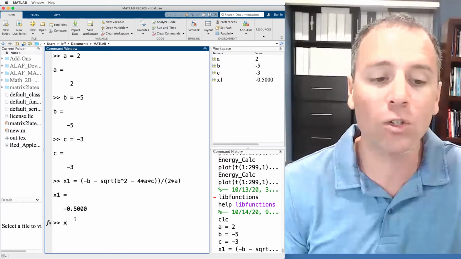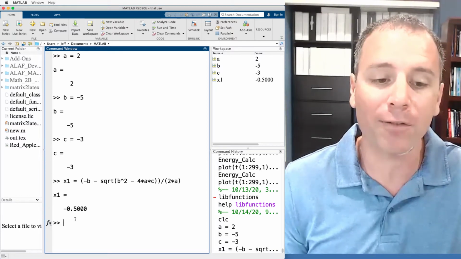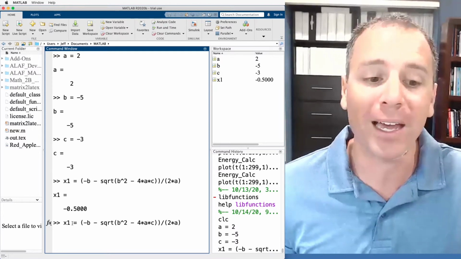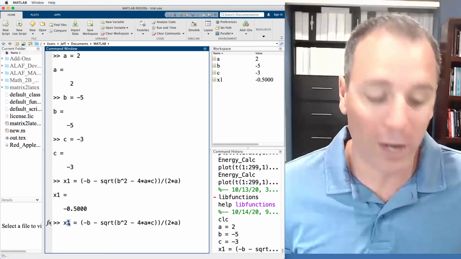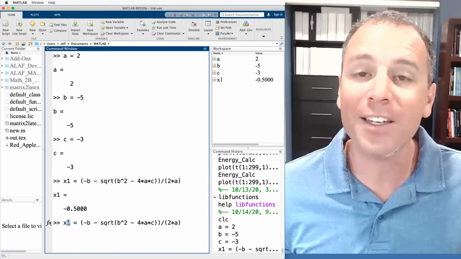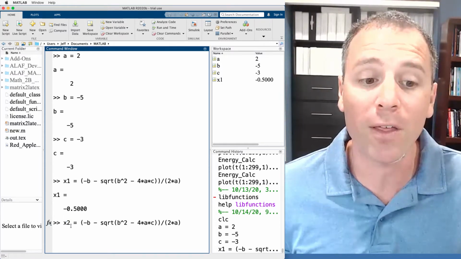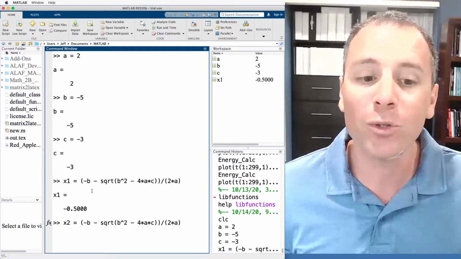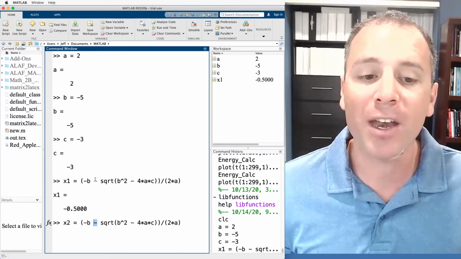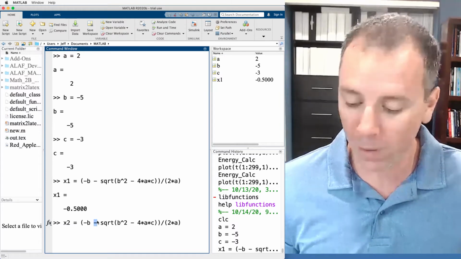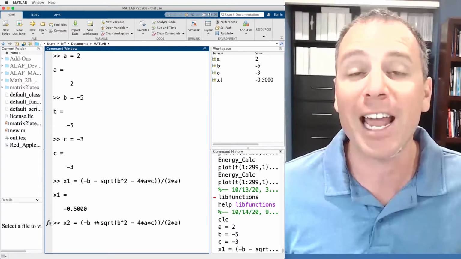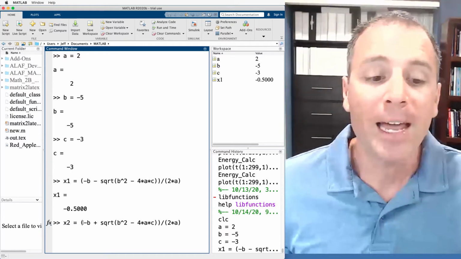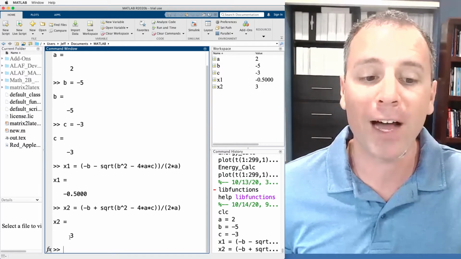Let's try x2, which was basically the same line of code. In this case, I'm going to push the up arrow so that I can get to the last command. I love reusing code whenever possible. Let's change the 1 in this variable name to 2 so that I know that this is the second x that I'm looking for. The only difference between my first root and my second root is the negative in front of the square root turns to a positive, and that goes to the famous negative b plus or minus the square root of blah, blah, blah. Here, let's go ahead and run this and see what the values are.